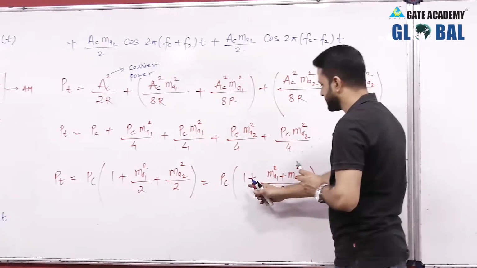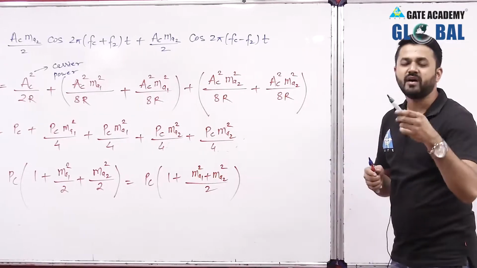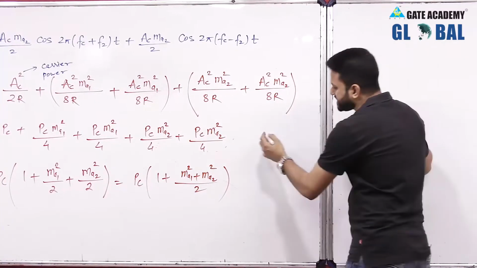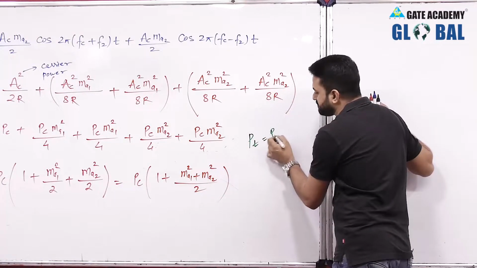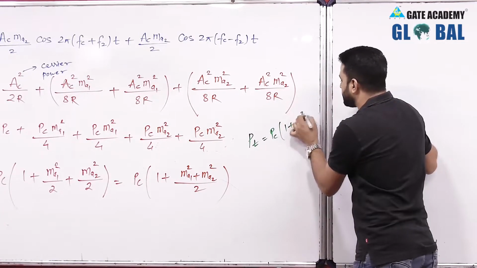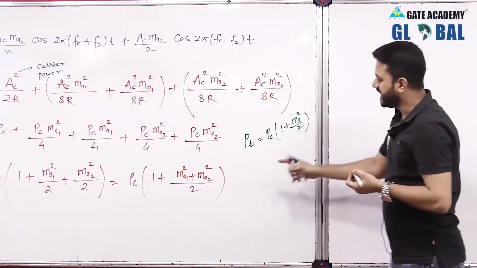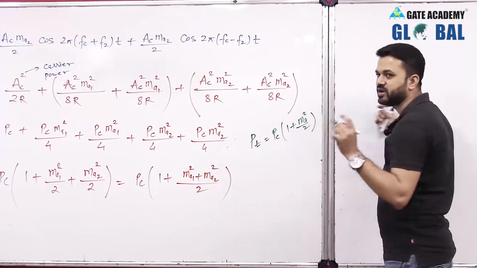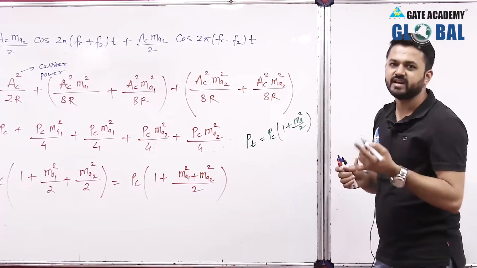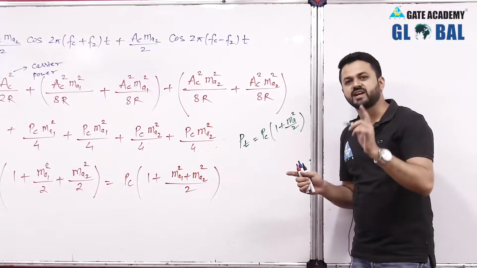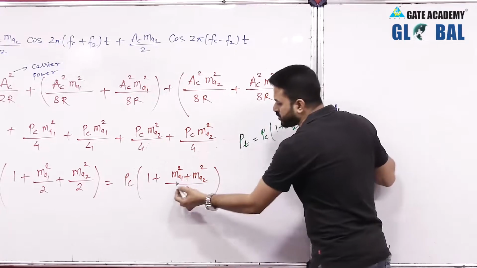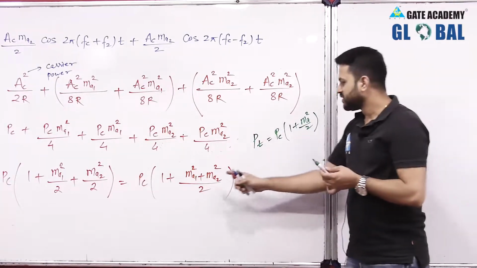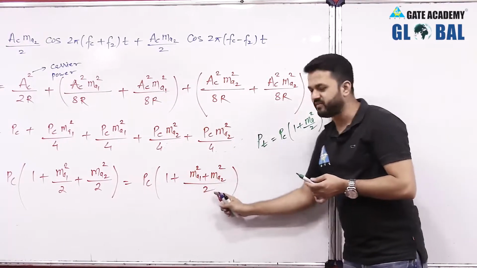As we can see, this is in the form of the power required to transmit an AM signal for single tone modulating signal. For single tone modulating signal, the power requirement is Pt is equal to Pc times 1 plus Ma square by 2, and here we are getting Pc times 1 plus Ma1 square plus Ma2 square. Here it was Ma square because there was only one frequency component, that is fm, and corresponding to fm we get one modulation index. Here we are getting two modulation indices squared because we have two frequency components f1 and f2. So we can write this total power in this form: